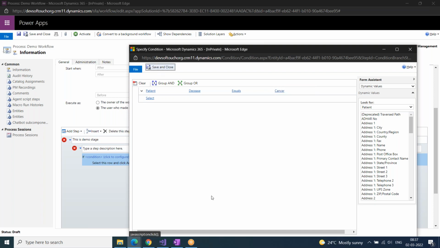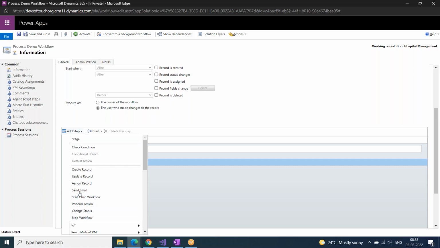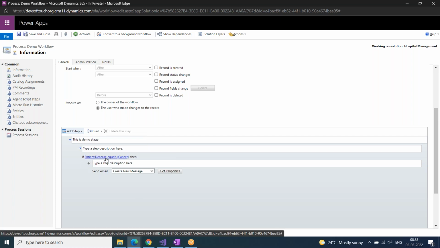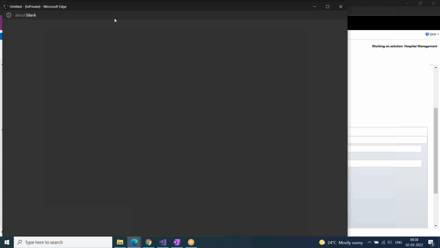Save. Now I will just send an email. I'm trying to use this concept and this concept as well. So when patient disease equals cancer, I'm sending an email to the customer,